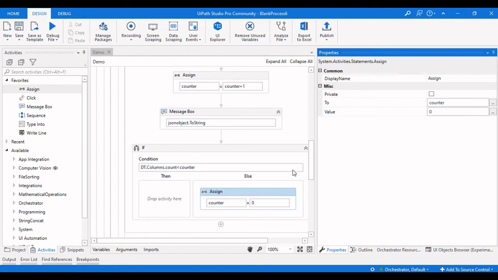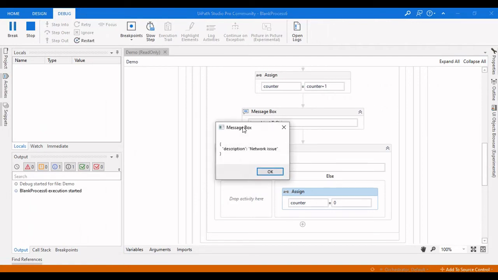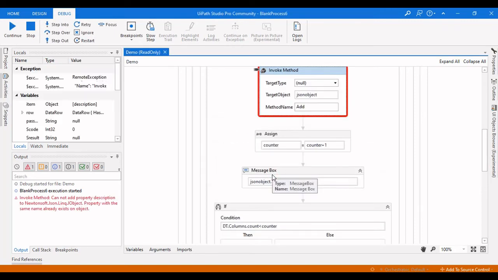So let us verify now whether we are able to achieve this or not. It started, and it is description, short description, and there is an error stating that the same name already exists on the object. So what it says is it successfully added the first JSON object, but when it is trying to add another one, the description and the short description are already in the JSON object.